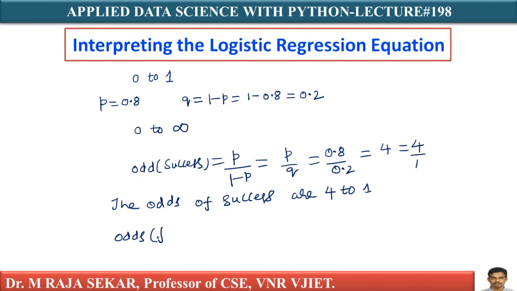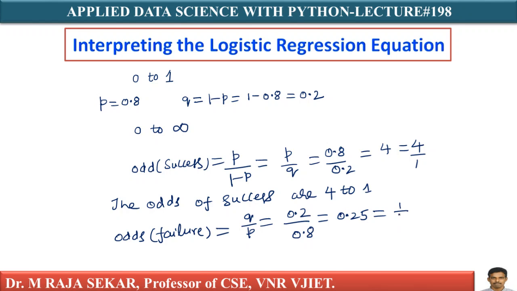Odds of failure means Q by P, or Q by 1 minus Q, that is 0.2 by 0.8, which is equal to 0.25, isn't it? This looks a little strange, but it is really saying that the odds of failure, 0.25, means